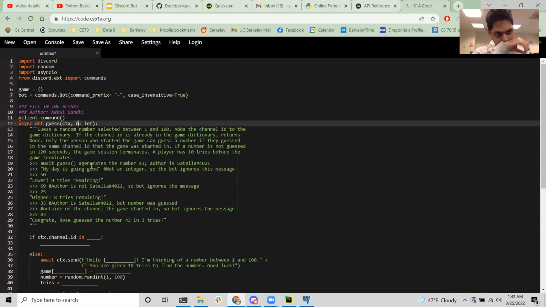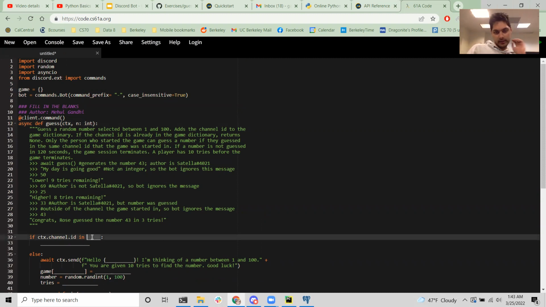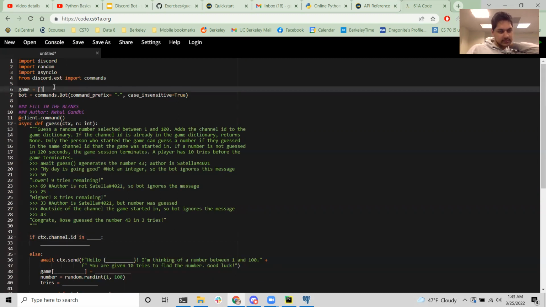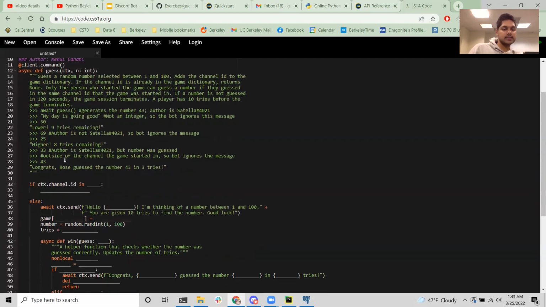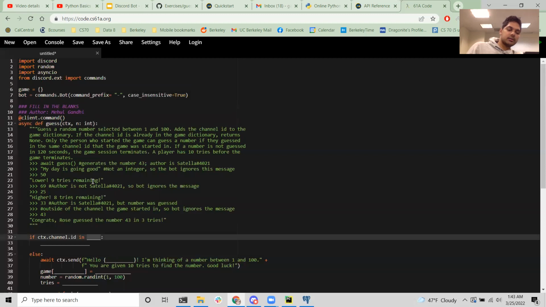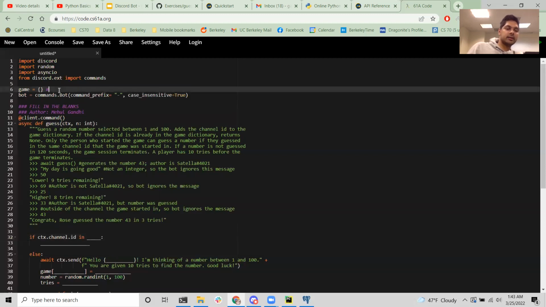There are a couple of things that we want to prevent, like if there's a game currently in progress. I'm just gonna make this a list because I don't know why. Actually, no, let's just keep it as a dictionary. The key-value pair going on here is the key is the channel ID and the value is a boolean, true or false, whether the game is currently in session.